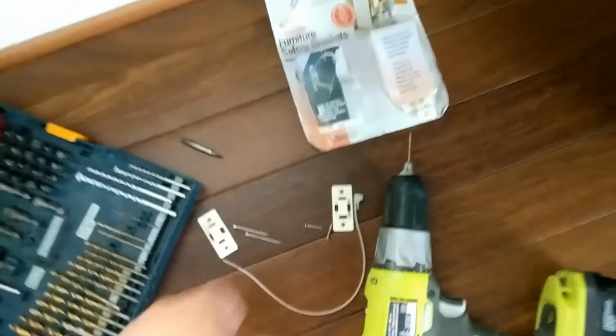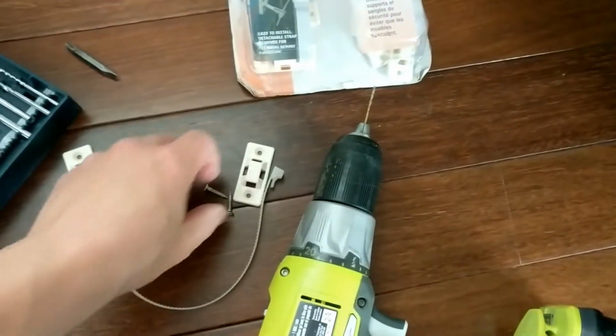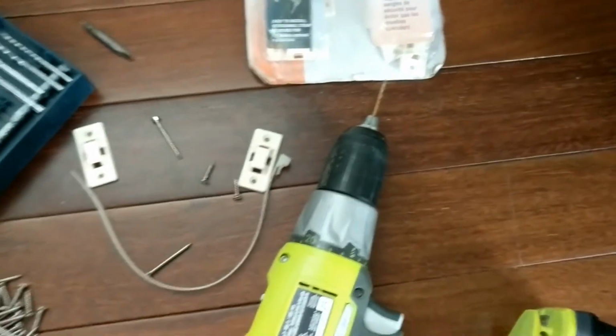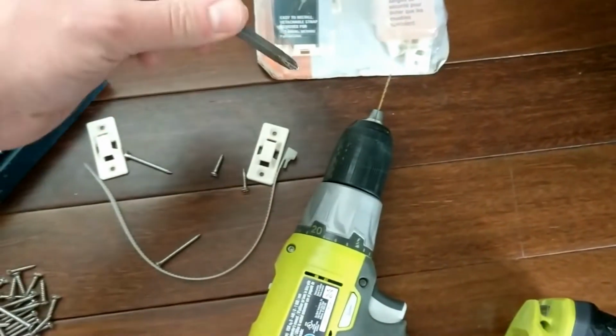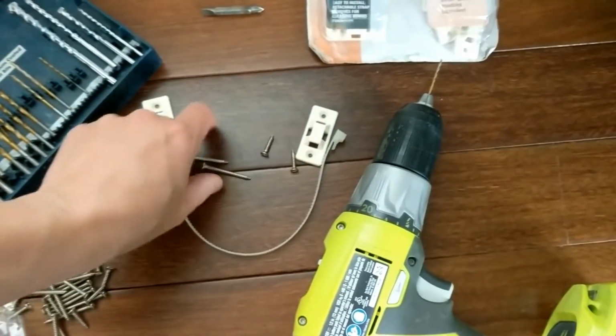So what I've got is a small drill bit here so I can pre-drill the holes. In the past we've had issues with these stripping. The screws just aren't great that they include with the set. So we've got this to pre-drill. We've got our normal drill head screwdriver thing. We've got for each